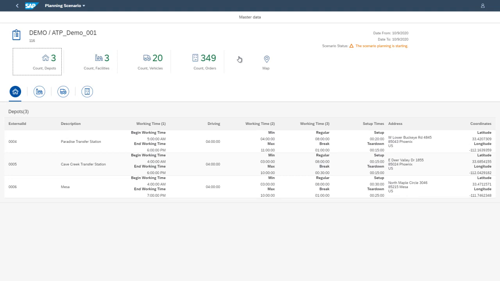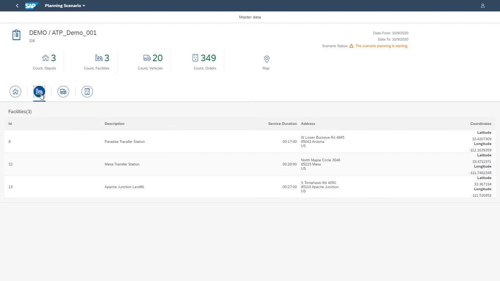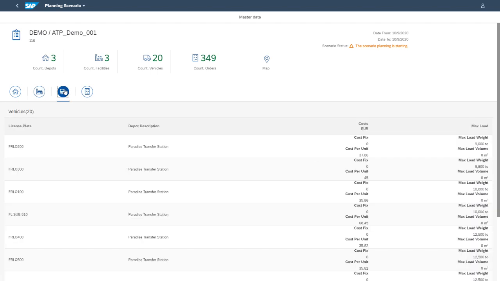And while it is calculating, I'll just show you a bit around that scenario which we have here. We have 3 depots. You have the information of working time, some irregular working time a day, minimum and maximum, some information about the break time, setup and teardown time, the location address-wise and also coordinate-wise. We have 3 facilities with their information, like service durations as well.